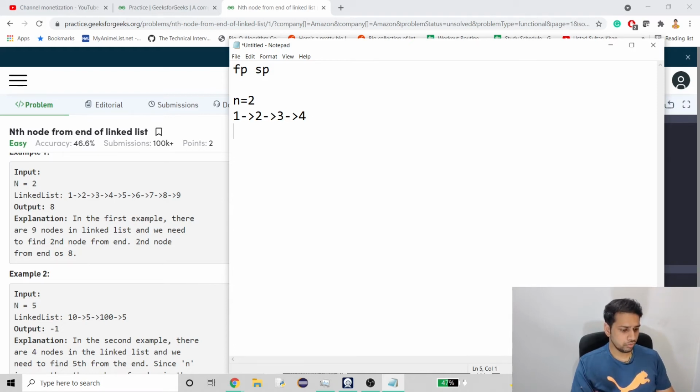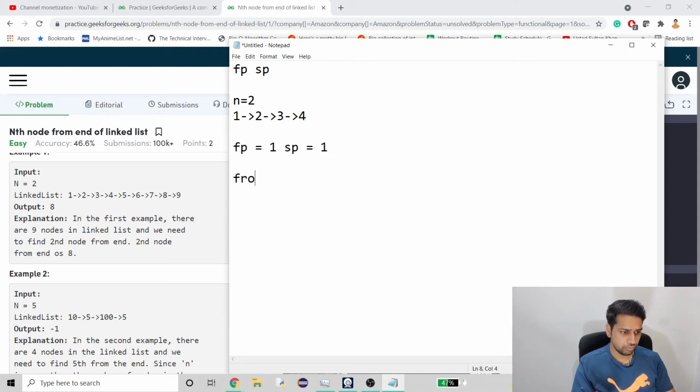So here what we will do is initialize our first pointer to our head, which is 1, and the same goes for the second pointer, 1. Now we are going to iterate the first pointer till we reach n.